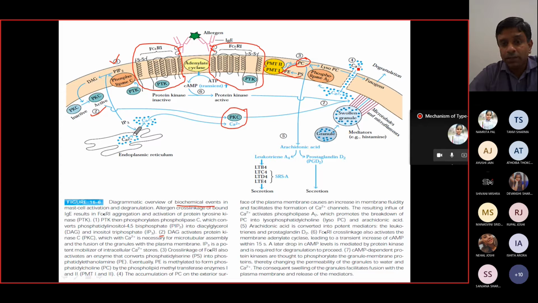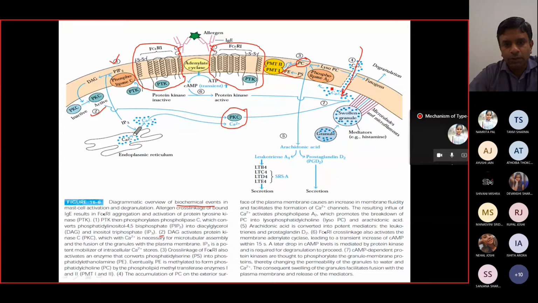So अब calcium ion channels बन गए, राइट. इसकी वजह से क्या होगा, जितना भी बाहर कैल्शियम था it starts to get inside the cell and we need calcium here, right. Okay, the resulting influx of calcium activates phospholipase A2, right, which promotes the breakdown of PC into lysophosphatidylcholine, right. So ये वाला प्रोसेस चलना शुरू हो जाएगा,